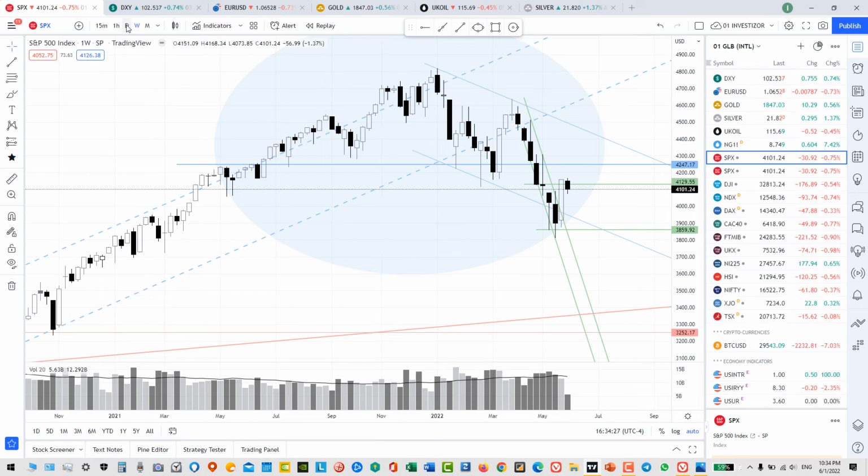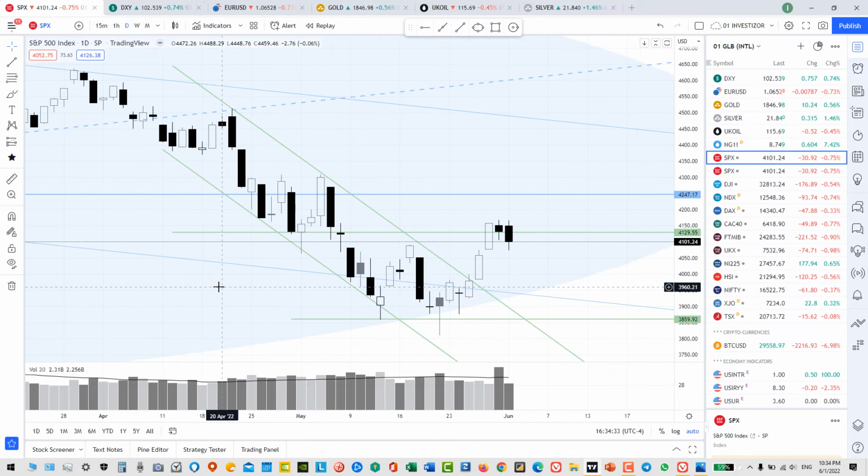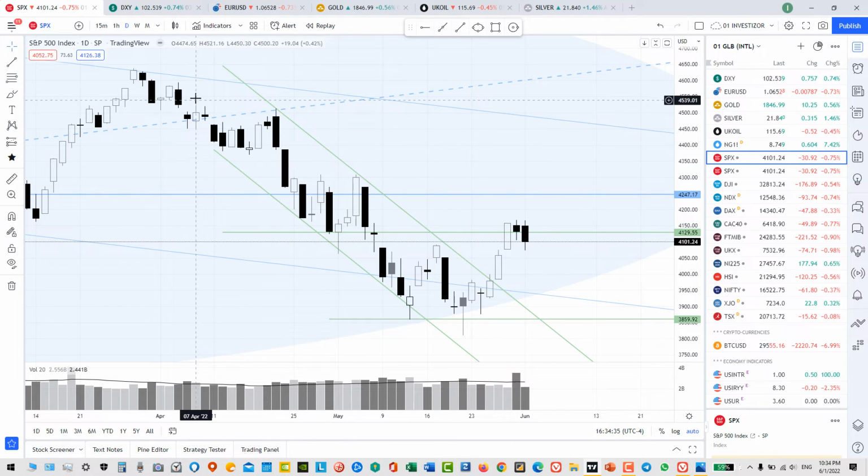Let us see the short-term details over the daily chart. We see that there was an impulsive wave to the downside. Now we are in a corrective wave. It may not be a very strong corrective wave. It may just end, as I have said before, around 4,250 before it re-establishes a new impulsive wave to the